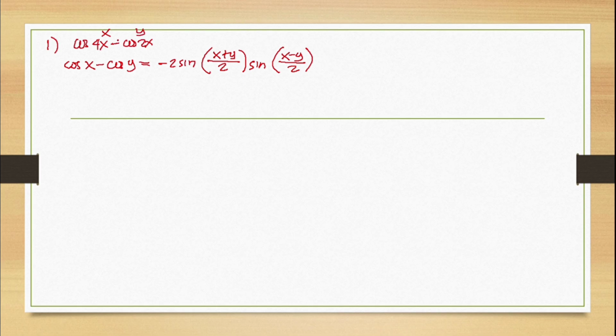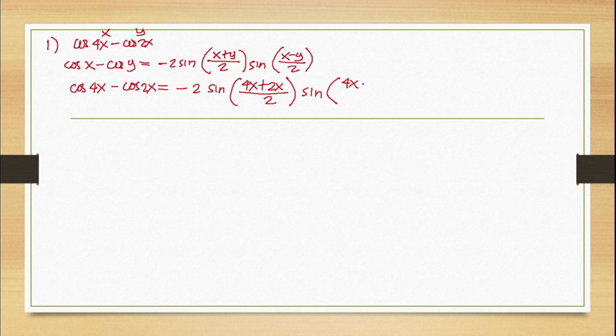The value of x is 4x and y is 2x. So cos 4x minus cos 2x is equal to negative 2 sine of (4x plus 2x) over 2 times sine of (4x minus 2x) over 2. This is negative 2 sine, and 4x plus 2x is 6x divided by 2,